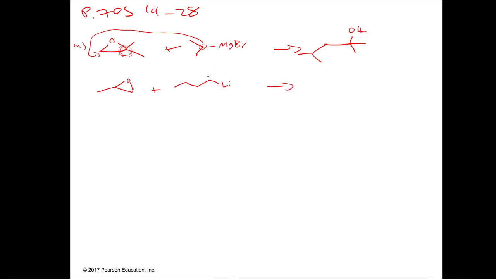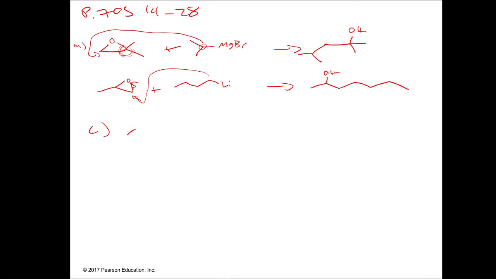But this time, right, you get attack on the. Let me double check. Yes, I'm correct. You attack the less hindered carbon because it's SN2. You get and then 1, 2, 3, 4. And finally,